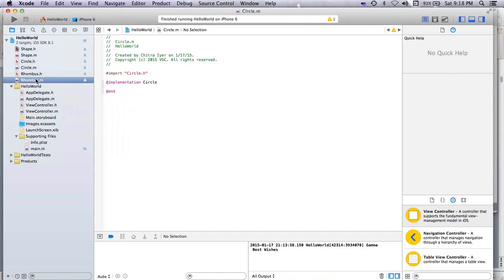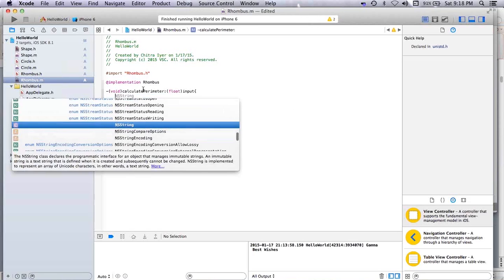And now in the implementation of rhombus, I'll implement these two methods. See, I get the signature automatically. Calculate perimeter, and perimeter is